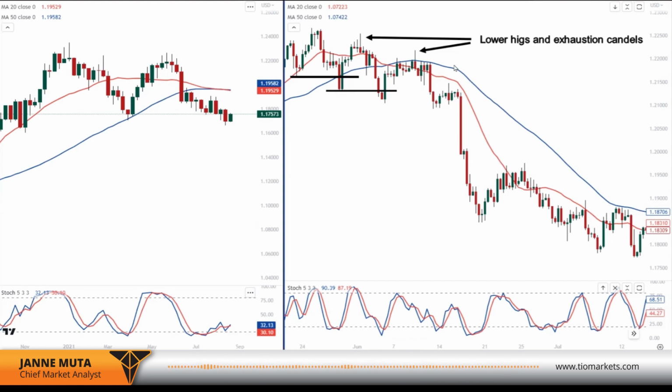And then there's another lower high, and you can see these exhaustion candles or momentum loss candles, and it's never one single item or one single factor that creates the market reversal, but it's the combination of all of these things. You have the momentum loss candles, you have the break of structure, you have the momentum loss in the moving averages, and also, let's go to the previous image,